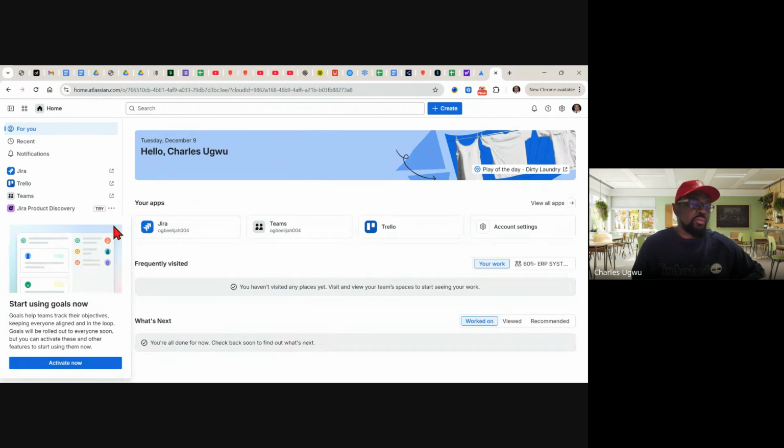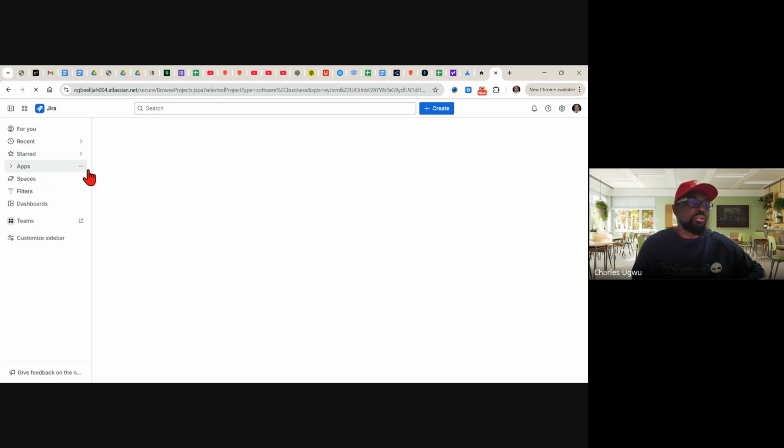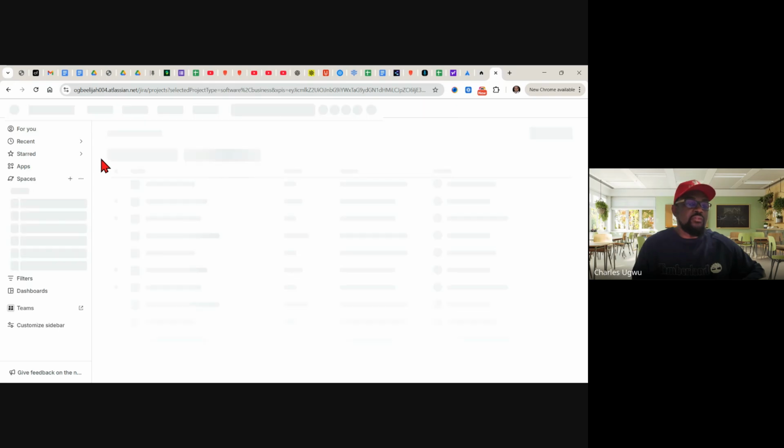So now I'm in here, but we can still have two products here. This is Atlassian, so it's either I use my Jira account or I use my Trello, which here I'm working. I want to work with Jira. So going to Jira. Okay. You can see we're within the Jira environment now.